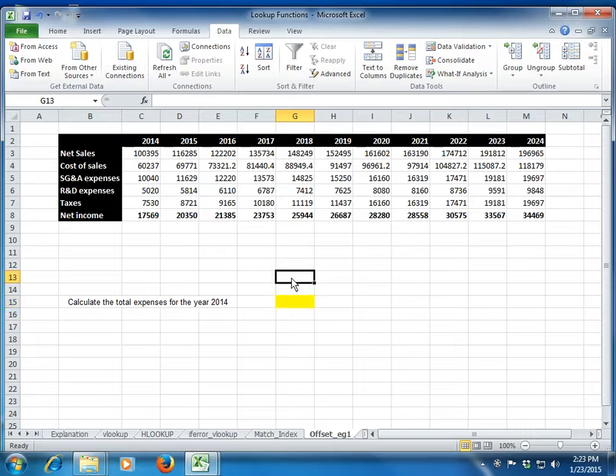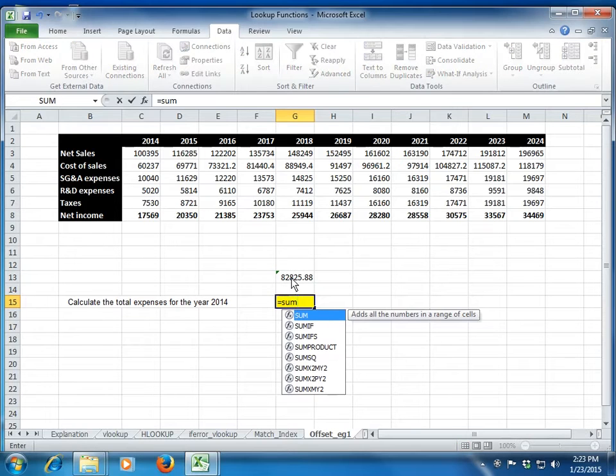One way to do it is in our database, I go and look for 2014, and sum up all of this. Sorry, I forgot to write the sum function. I use a sum function and do this calculation, summing up all of this to get the answer. Again, if the database is too big and you are not able to look for the data manually, then it is always better to use a function to do that. How to use that function?